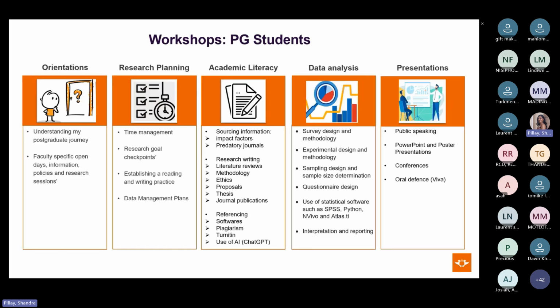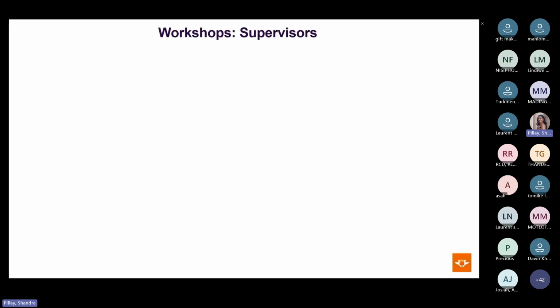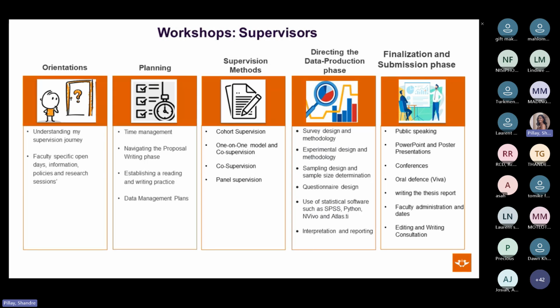Our workshops are designed to cover the postgraduate life cycle, from orientations to research planning, academic literacies, data planning, and presentation skills. Supervisor workshops are catered to go hand in hand with the postgraduate life cycle, such as orientations on understanding your supervision journey, time management and navigating the proposal writing phase, trainings on the use of and benefits of different supervision methods, tips on how to direct the data production phase, and the finalization and submission phases.